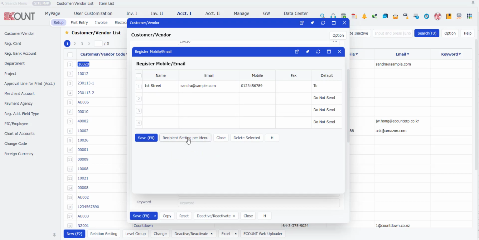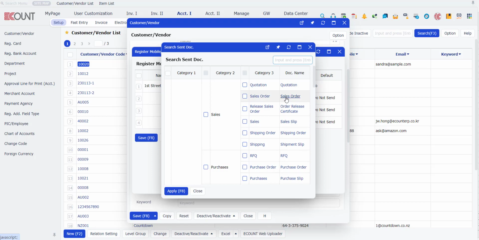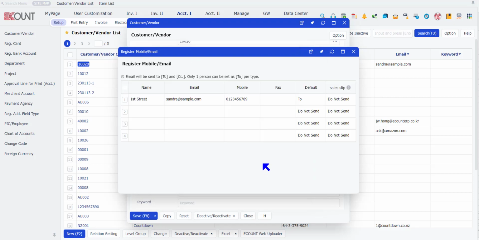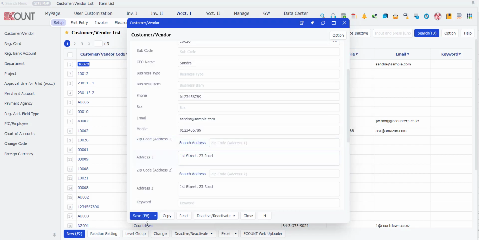Let us press this button to find out more. Enter the type name, such as sales slip, and press Settings. And you can select the type of menu that you would like to apply. Once you click Save, you can choose the name of the recipient, the fax or mobile information, and click it appropriately. Once you hit Save and go to Save,